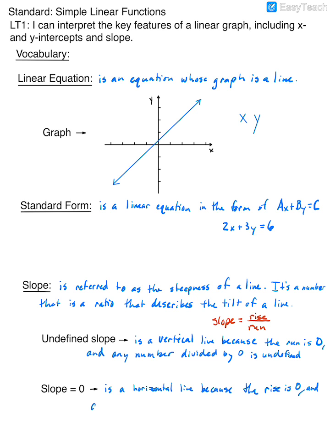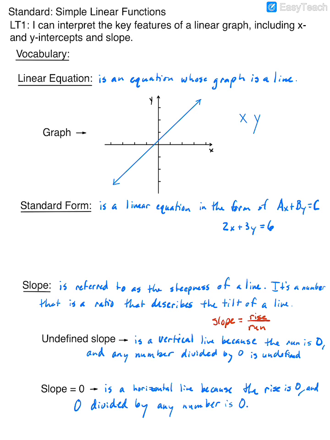And when you divide, 0 divided by any number is 0. Okay,